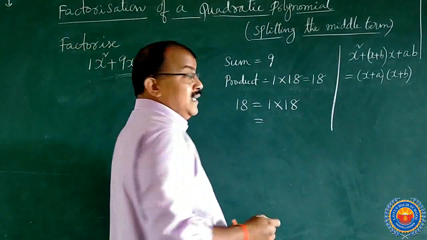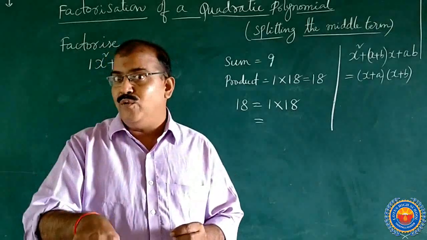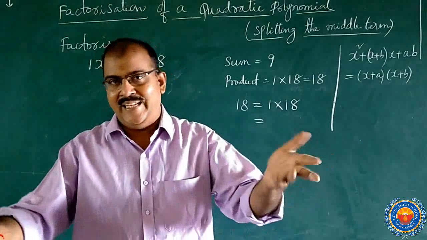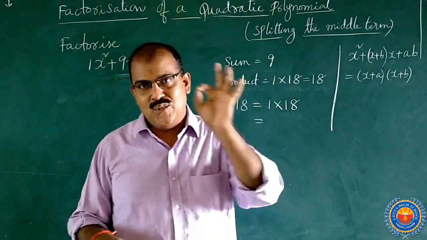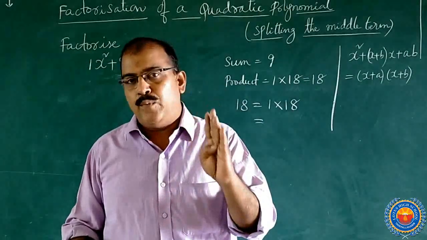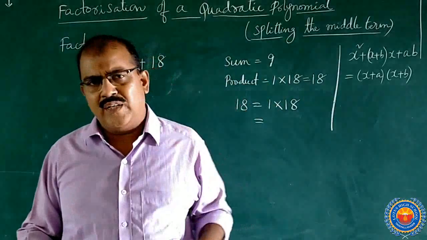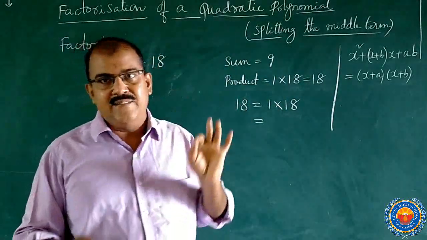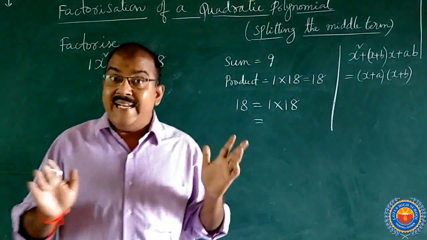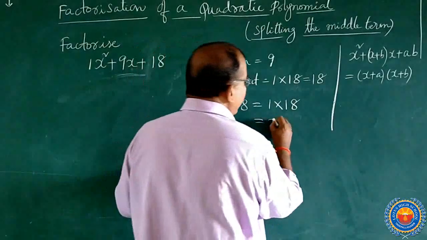What about 2? 2 table will be, 18 is divisible by 2. Is 18 divisible by 2? You must know the divisibility rules. I think you forgot the divisibility rules. So once you go through the divisibility rules, very important. It will be available in Google search, go for that and read the divisibility rules. Yes, 2 is divisible, otherwise like a small student, 18 is there in 2 table. So 2 into 9.